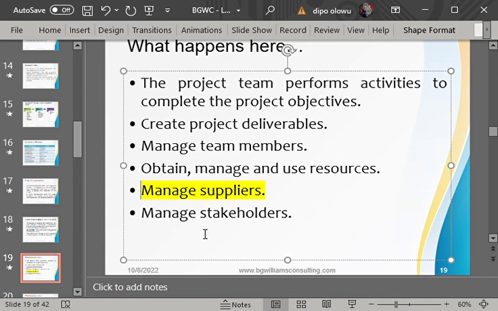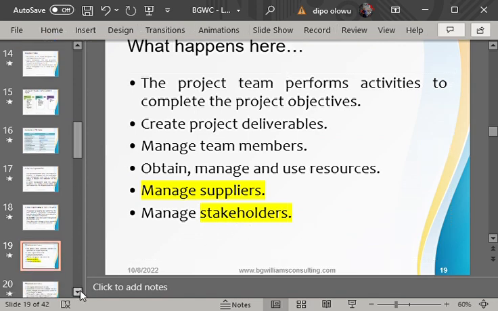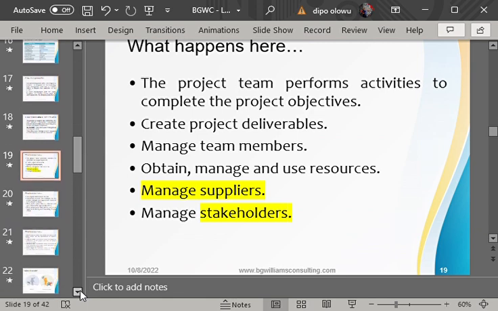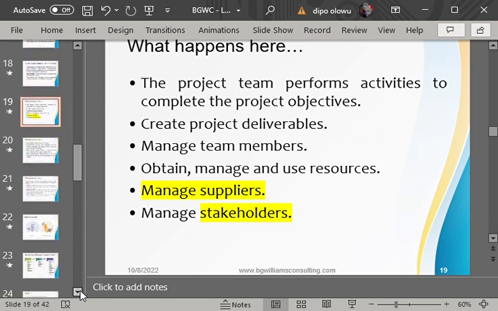You can also see we manage stakeholders. When we say manage stakeholders in this case, it's going to be communicating every aspect of what is happening in the project to all the stakeholders. It's going to be providing reports and getting information from the project. So he's going to manage all the stakeholders in the project. And remember, we defined who a stakeholder is. We said stakeholders are those that will be impacted either positively or negatively by the project. So it is the responsibility of the project manager to manage those stakeholders and disseminate the right information to each of them.